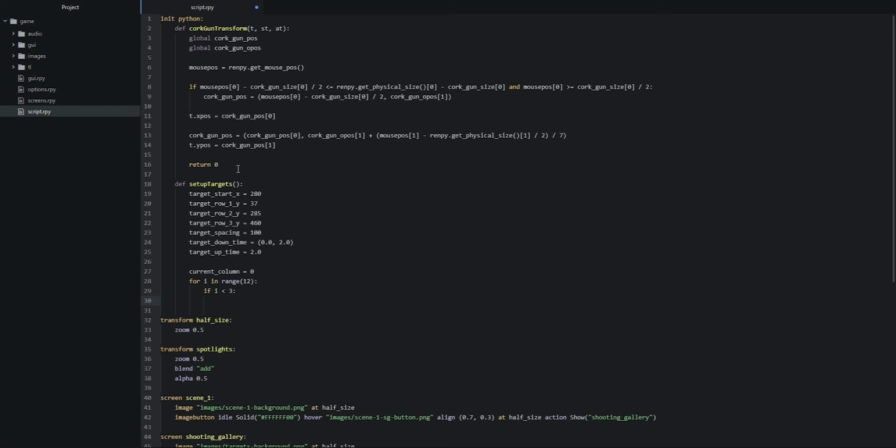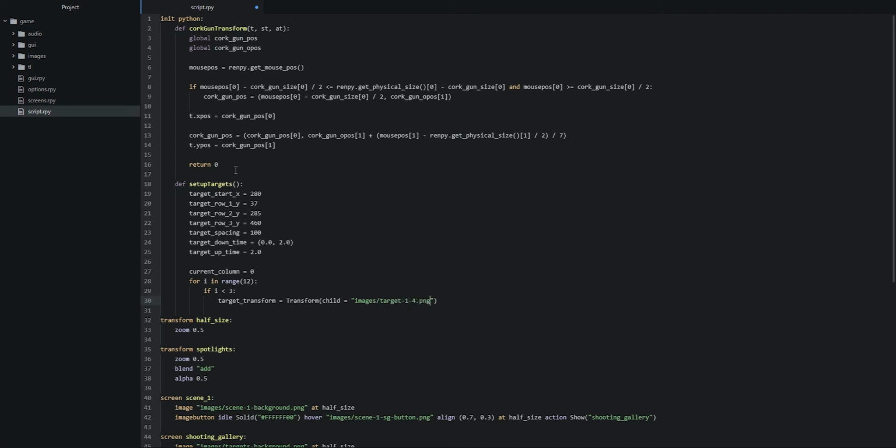And to do that, we first of all need to create a transform that is going to make sure that the target image has the correct zoom property value according to its row. So for that, we're going to say target transform is equal to Transform, and then we're going to say child is equal to. And here we need to add a path to the image that this transform should use as a child. So for that, we're going to add 2 quotation marks. And then we're going to say images target